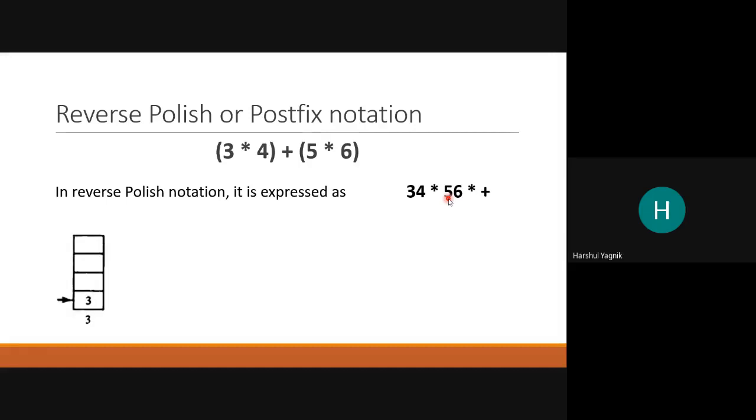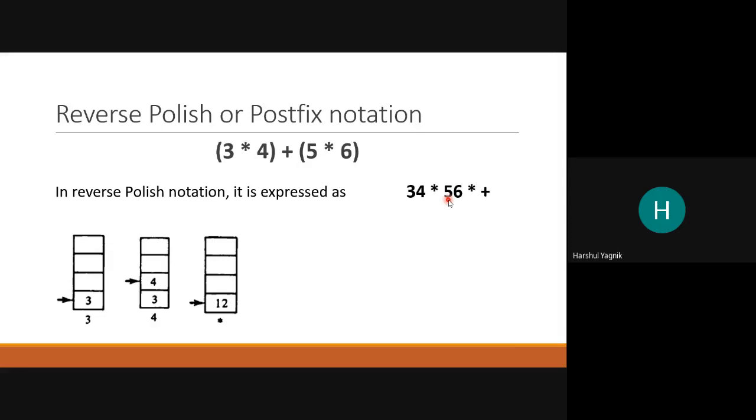First it will put one operand starting at the bottom of the stack. Then the second operand. Now the next thing is the operation. The operation is on the last 2 entries of the stack. What are the last 2 entries? 4 and 3. The operation is done on that, and the result is put in the lowest position possible. So 12.